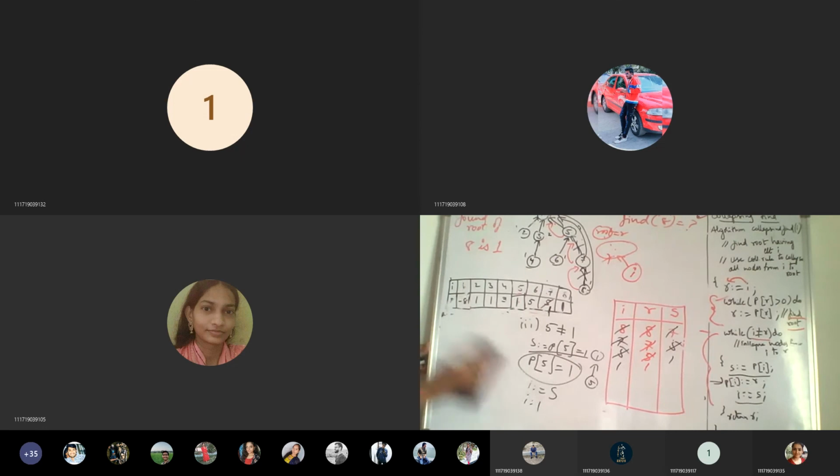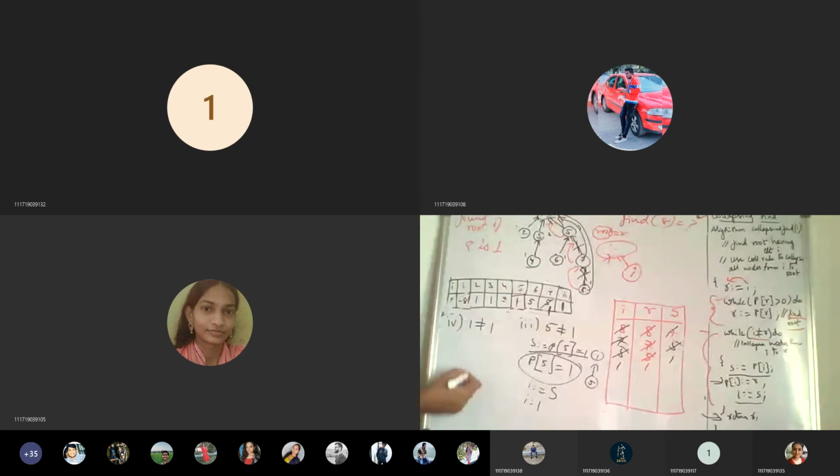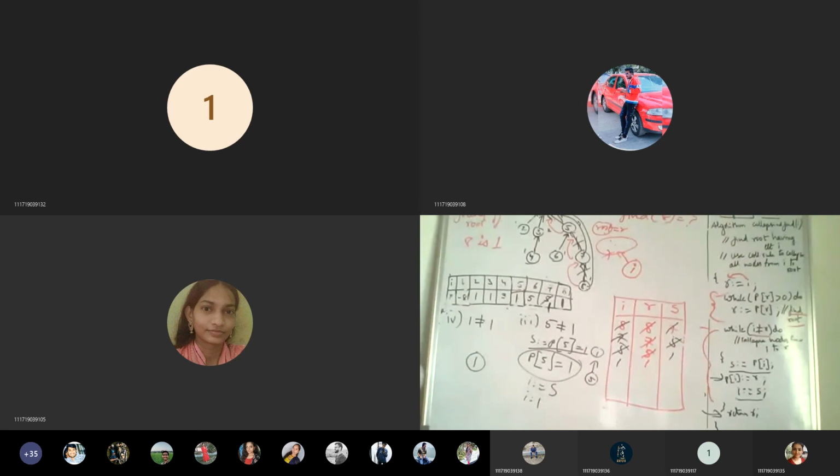Okay. So the next iteration, the fourth iteration, what we have to do? So now check 1 not equal to 1. Here R is 1 and I is 1. So I is not not-equal to 1; this is false. So it will come out and it will return R. It will return R, meaning only 1 it is going to return, saying that 1 is the root node directly. So that is how we achieve the collapsing rule. Are these concepts clear? So this is about collapsing find and weighted union concepts.